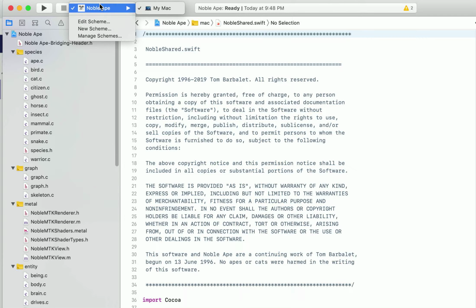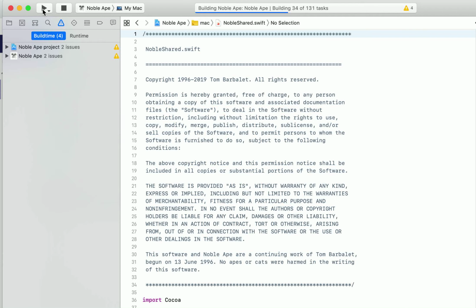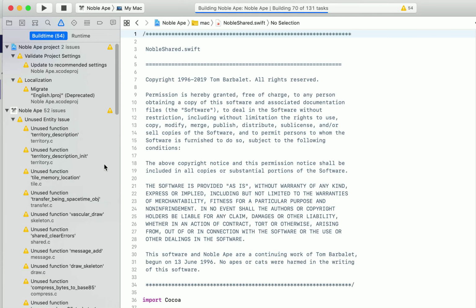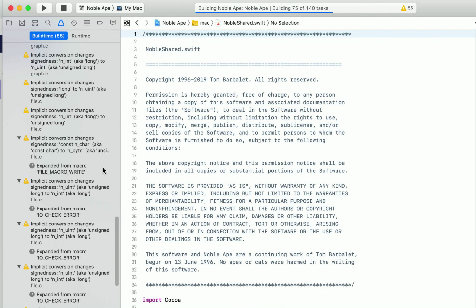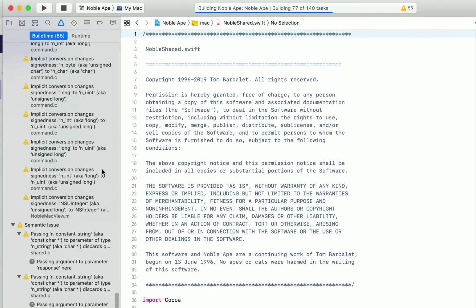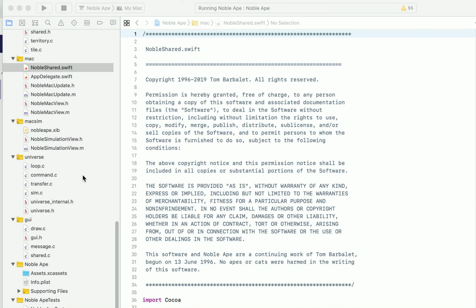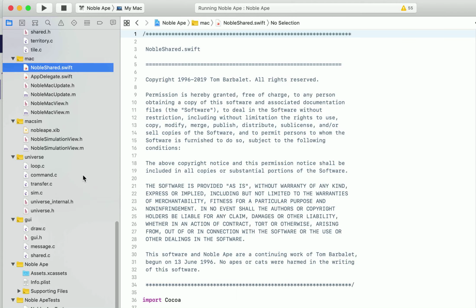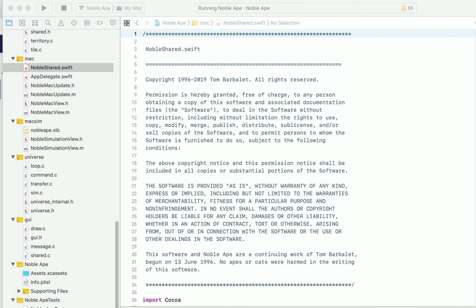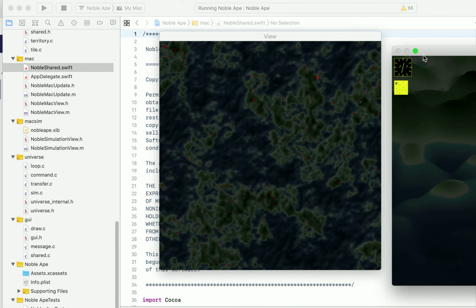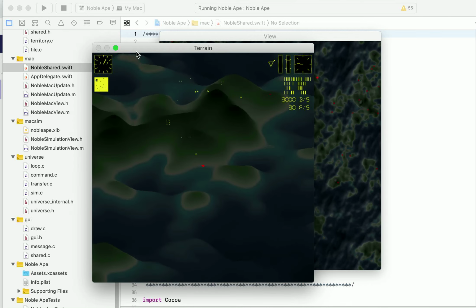So let's build a copy of the simulation. And we got a bunch of warnings and other related crud. Let's ignore that for the time being. So we have a successful build. Let's find where it built. Which, oh, is it running? No. Oh, it's running. Okay. Well, this is running the regular GUI simulation, but I wanted to run the command line